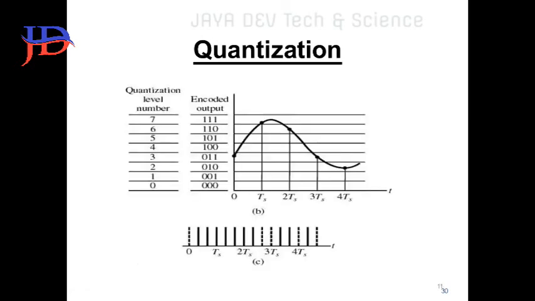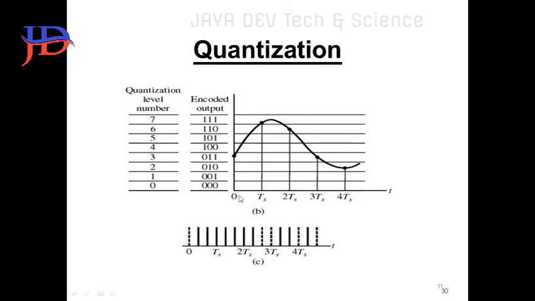And this is like the previous case, we are using sampling, quantization and coding. The quantization level numbers were indicated from 0 to 7, and then the encoded output is also 0 to 7, that is converted into binary values. Then you are giving the input signal equivalent to a sine signal. The first sine signal is converted into samples, and second the samples are converted into